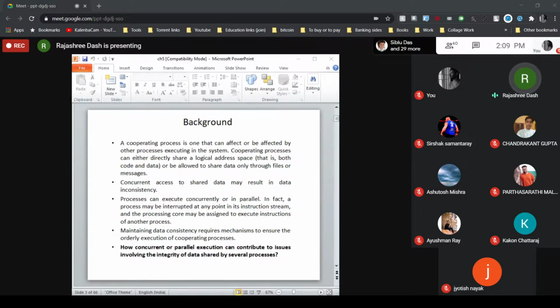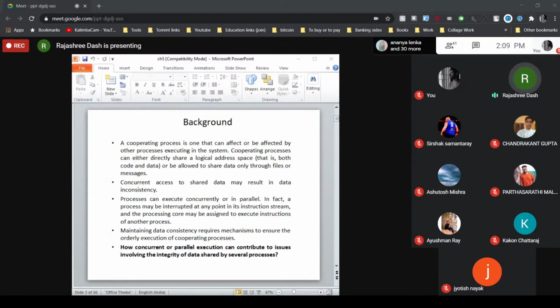Let's take a small example. Let there be a shared variable A and two processes, P1 and P2. Initially, let the value of A be 5.